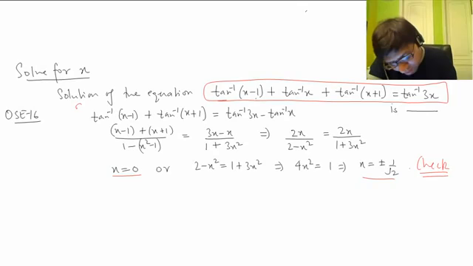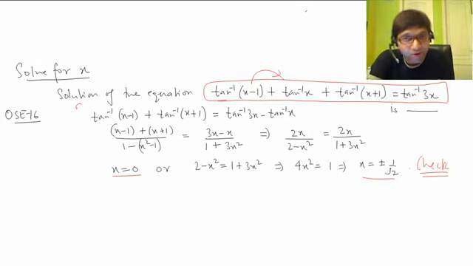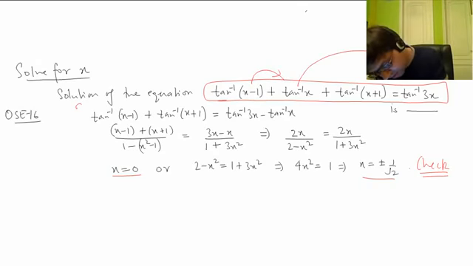In most of these questions we apply formulas like tan inverse A plus tan inverse B. But in this case, the left hand side is heavier than the right hand side, because we have three terms on the left hand side and just one term on the right hand side. So we have to make balance. If you just try to combine all the terms on the left hand side, it will take time. So we have to shift some terms from left to right. The symmetrical term we sent to the right, here there is x, here also x, and the other two we are keeping on the left hand side.